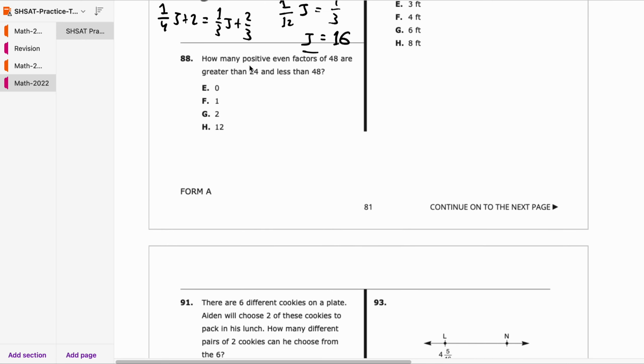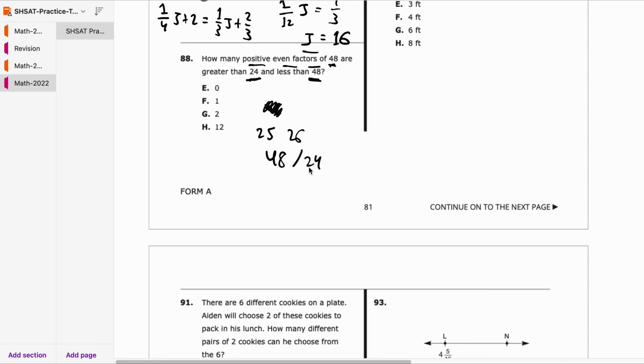Okay, so 88: how many positive even factors of 48 are greater than 24 and less than 48? Okay, so let's actually try to factor 48. Well, actually, this is pretty straightforward. If we want to look at the factors of 48, and it must be greater than 24 and less than 48, well, anything that's greater than 24, like 25, 26, it can't be a factor of 48, because